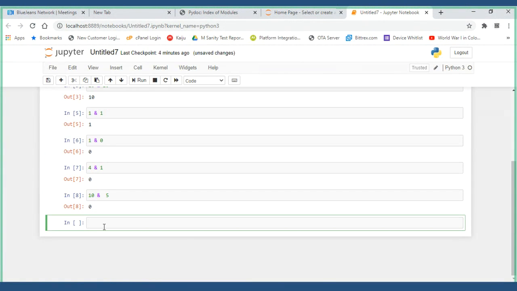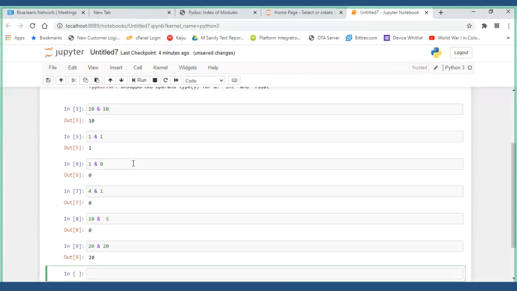Now see 20 and 20. Let me know what you made out of this particular pattern. I just want to know. Beginning I have put something and end I have put something. Between also I have put something. What you have made out of it? Both are the same, yes, and one more condition. Both are same, then it is printing the same number, otherwise it is printing a 0.